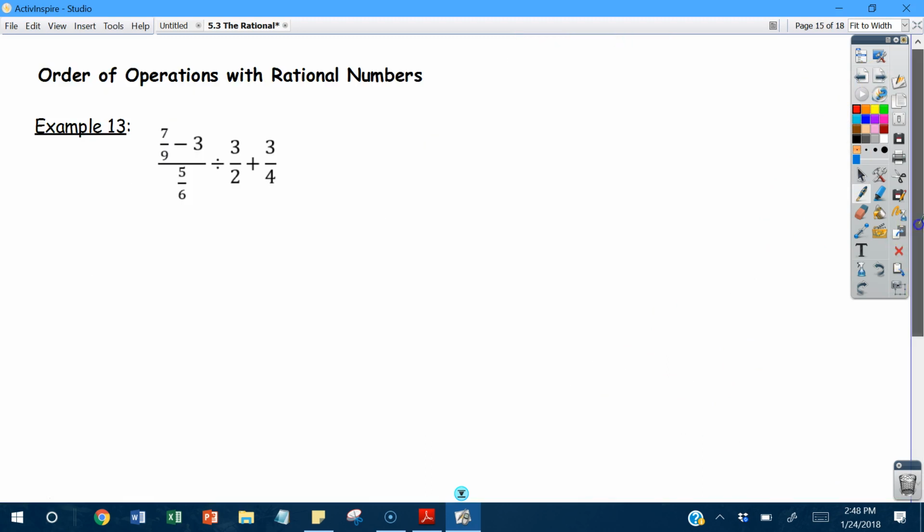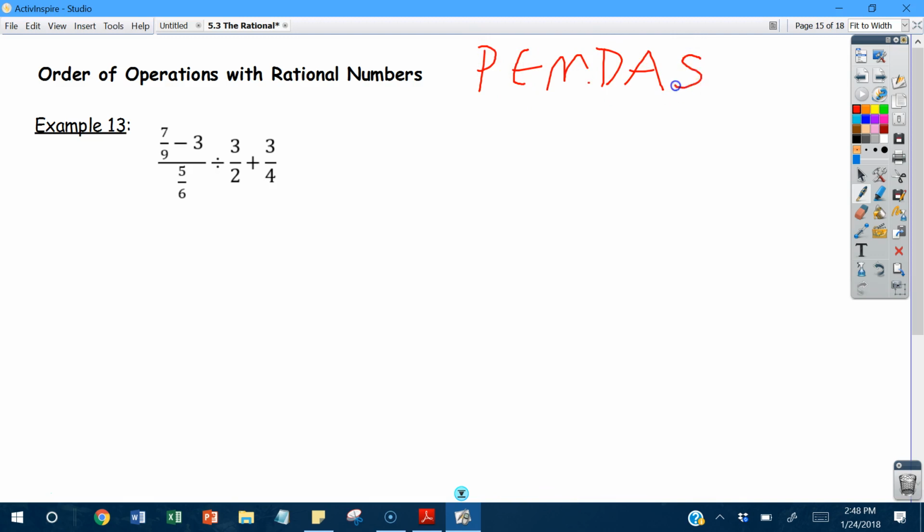Now that we've done addition, subtraction, multiplication, and division, we can talk about order of operations with rational numbers. This is going to work just the same way as order of operations, where we're going to abide by please excuse my dear Aunt Sally. So I'm going to look for any sort of parentheses and exponents first. And this is a really helpful example because we have a fraction here and then some stuff going on in the numerator here. And whenever you see any sort of multiplication or addition or subtraction in a numerator or denominator,